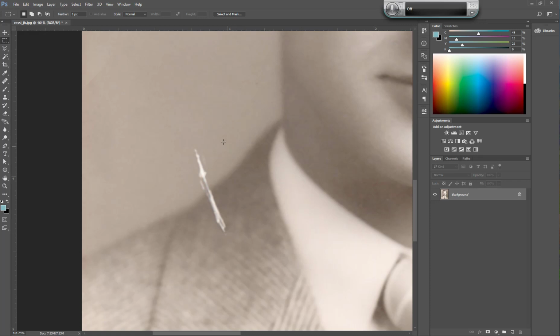We can't use the Content Aware to correct this scratch that's on his shoulder, and if you try to, it's going to do some really strange things. But for this, the clone stamp is going to work a whole lot better. The clone stamp tool paints one part of an image over another part, and on this particular image it's going to work quite well because we have this slope of his shoulder in there. We're going to select the clone stamp tool